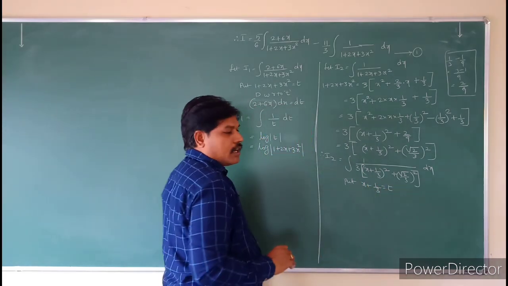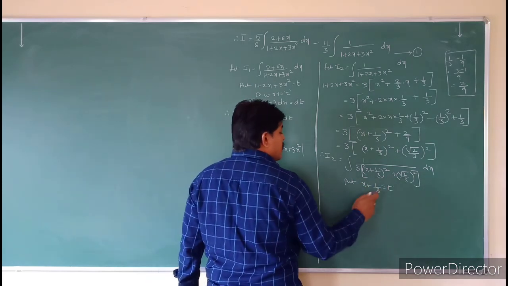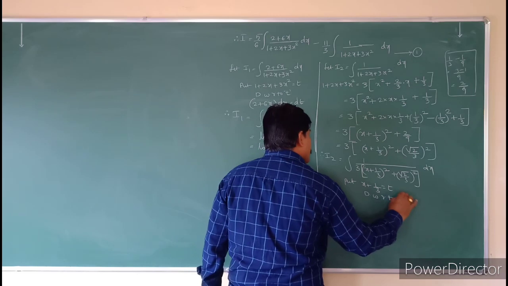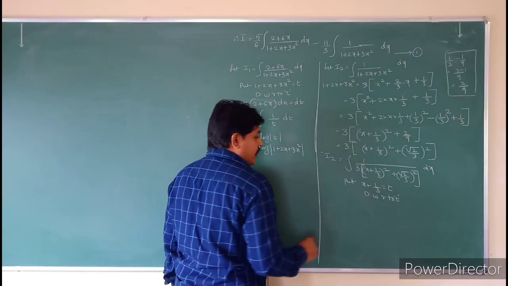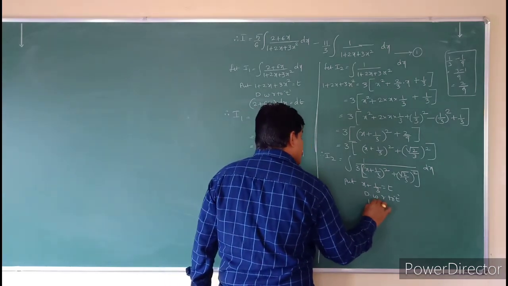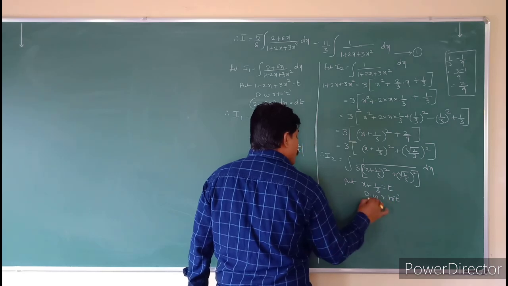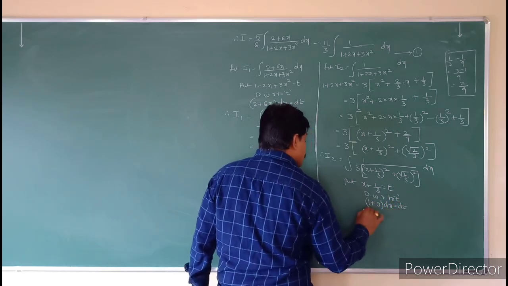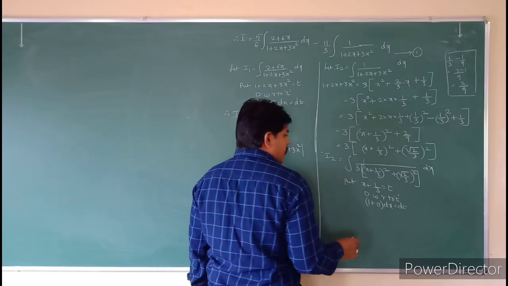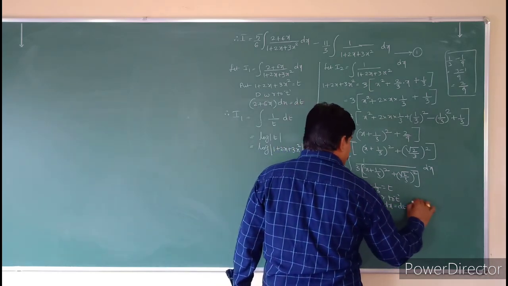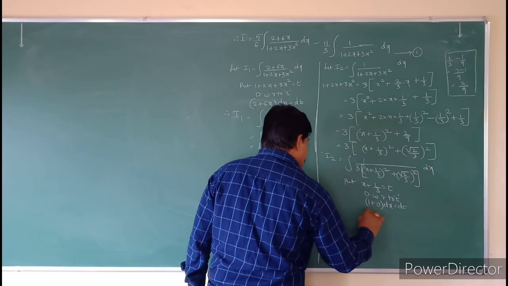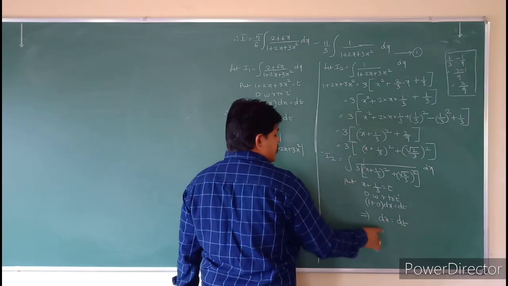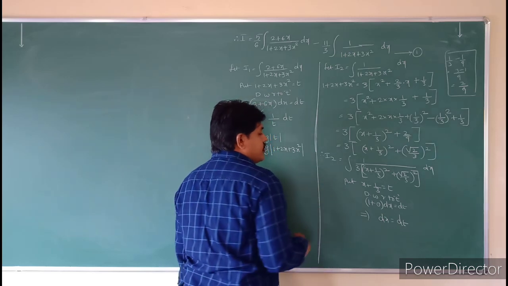So what I am taking is x plus 1 by 3 equal to t. Differentiate with respect to t: 1 plus 1 by 3 derivative is 0, into dx is equal to dt. So that implies dx is equal to dt, therefore I2 is equal to